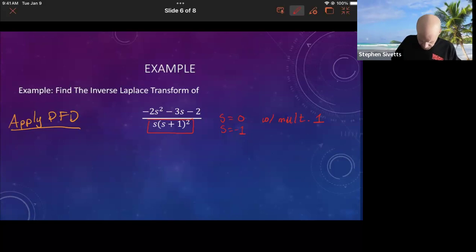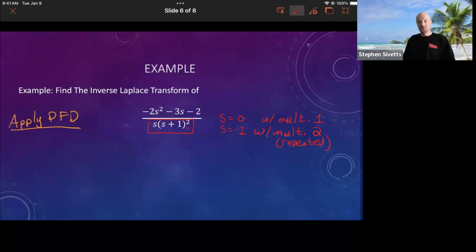Once again, if you look at the quantity in the denominator of this function, which is given in the example, we want to look at where the denominator is 0. We notice that s can equal 0, but it occurs once, so it has a multiplicity of 1. And also s can equal -1, but it has an exponent of 2, so we can say that this has multiplicity of 2. That's going to be important. s equals -1 is a repeated